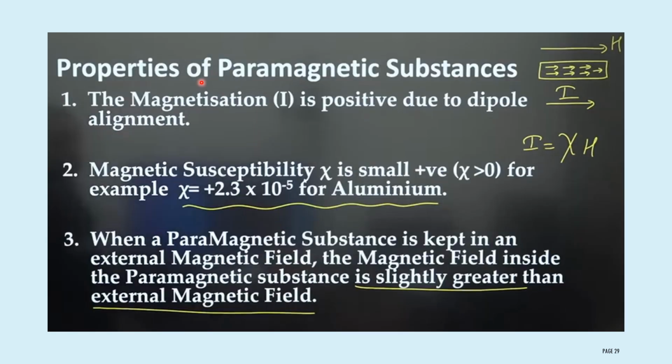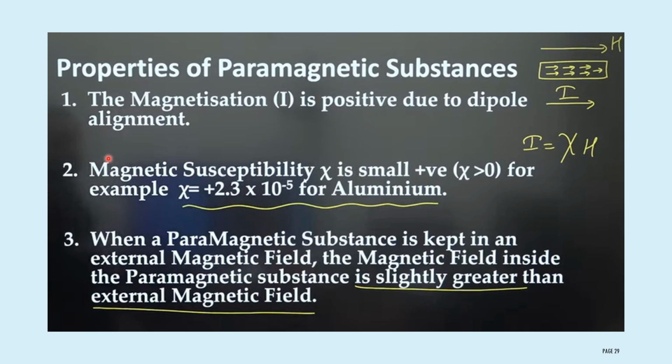Next one, properties of paramagnetic substances. First one, the magnetization I is positive due to dipole alignment. When you apply an external magnetic field, the atomic dipoles in a paramagnetic material get aligned in the proper direction. Because of this alignment, they get magnetized. Therefore, magnetization I is positive due to the alignment of